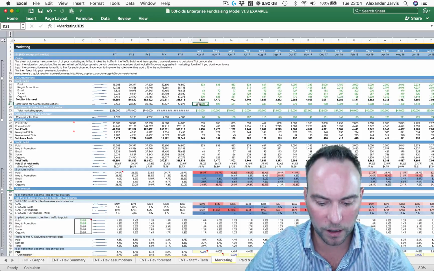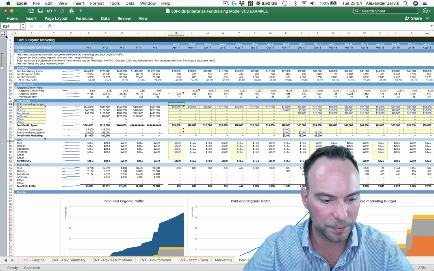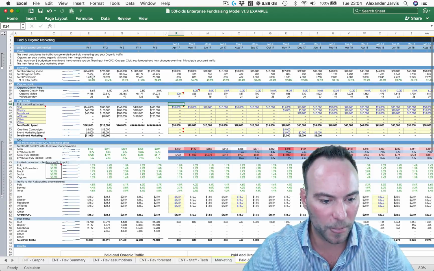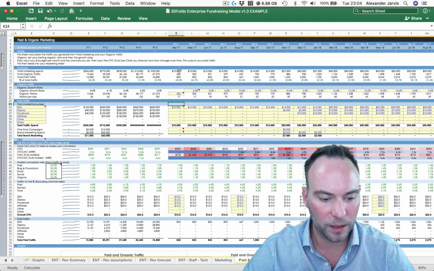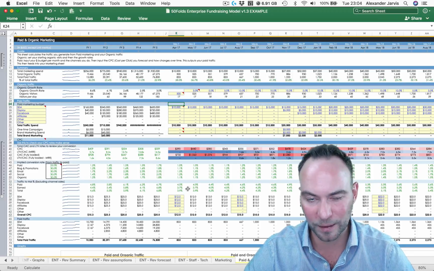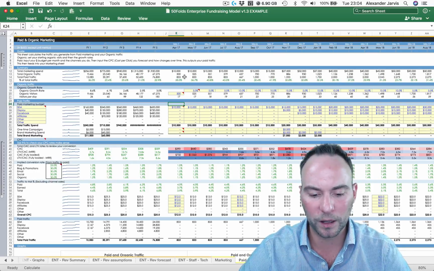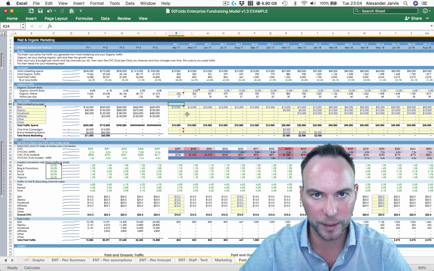So let's move on to the paid organic sheet. We'll just open this up as usual. We can see the summary, what's happening here. The links are not at the top just because the model's so integrated in these sheets that it just makes it twice as long if I put them up there. So I just kept them in line, which is not typically what I like to do. But I'm also aware that making this thing too big makes it a little bit more scary for you.